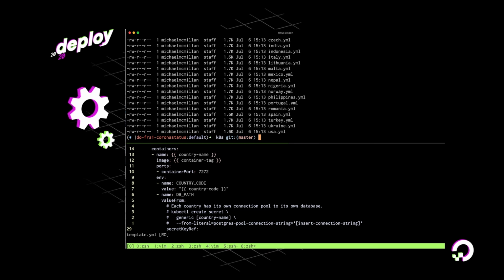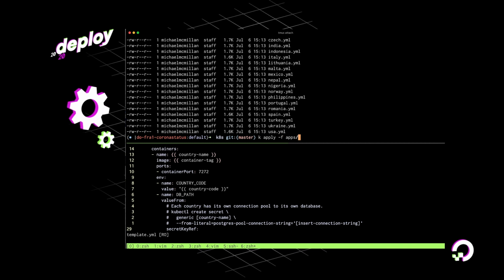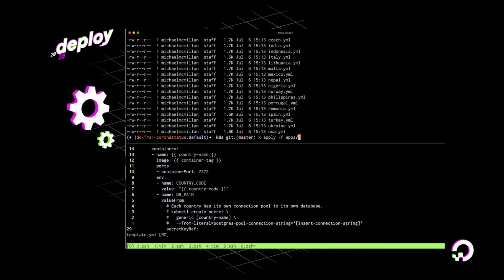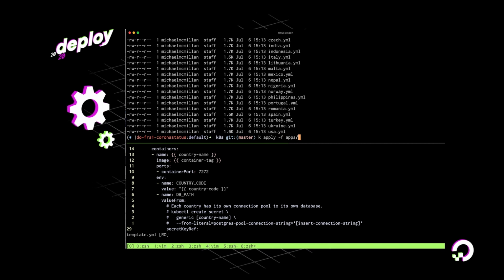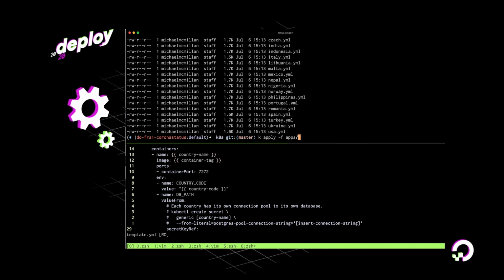So what you can do after you've added a new line to that script is simply say kubectl apply -f and then give the app's name. Your Kubernetes client will take all these manifests and ship them off to the Kubernetes server.